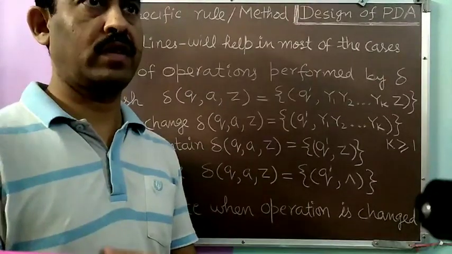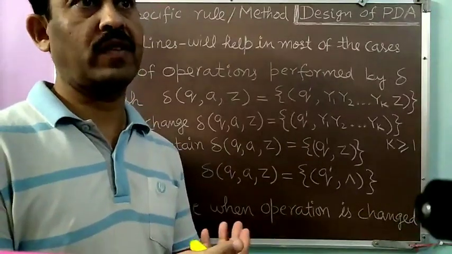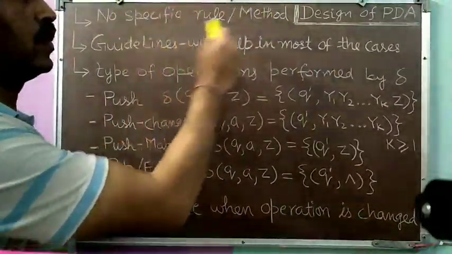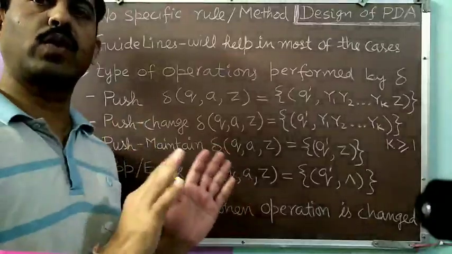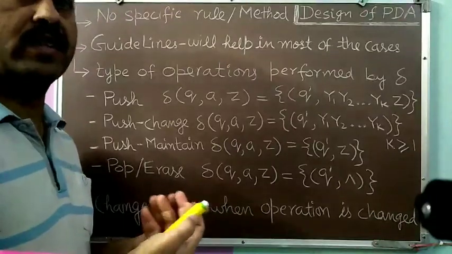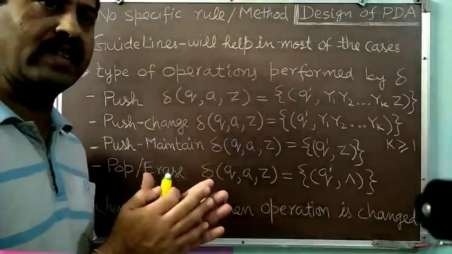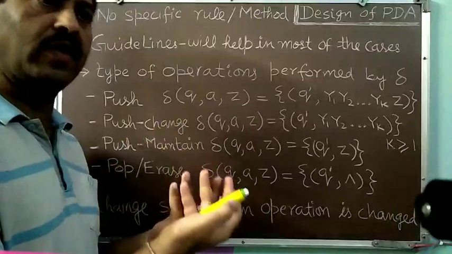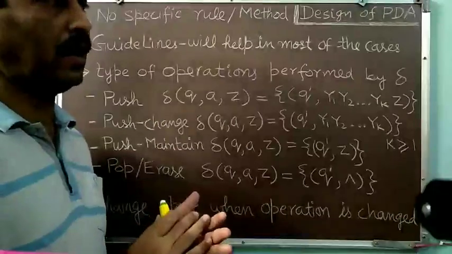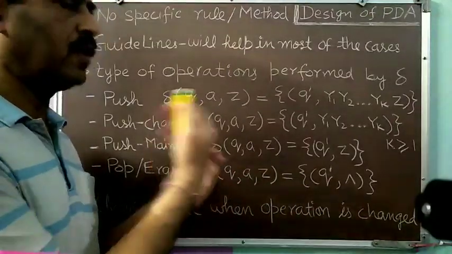Before this, we have the experience of designing finite automata. Likewise, for finite automata, there is no specific rule or method for designing a PDA. There may be certain guidelines so that you can easily design. Those guidelines will help you in most cases, but they are not rules that will be correct or applicable to each and every case. But in most cases, these guidelines may help. So one by one, we will be discussing these guidelines which we may follow for the design